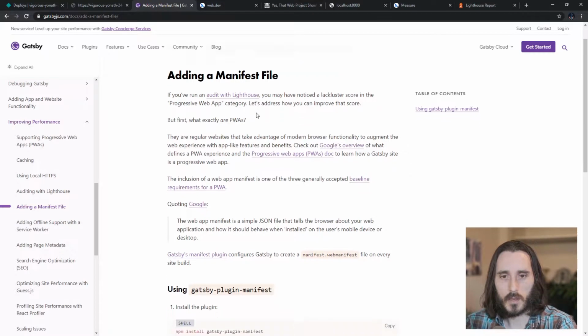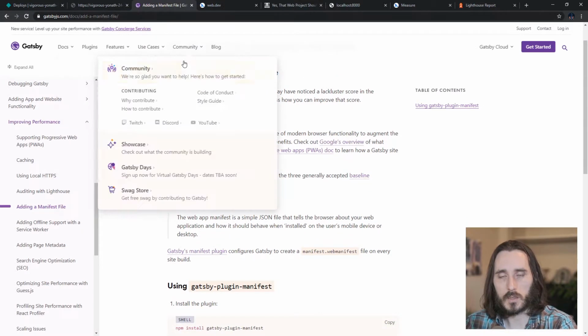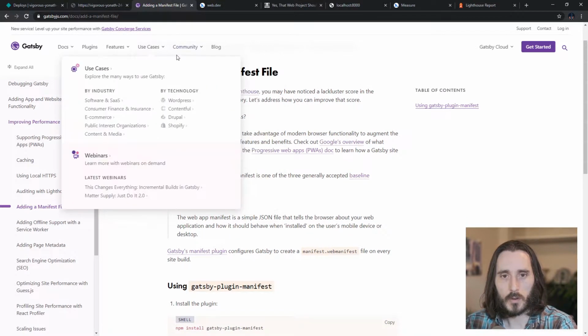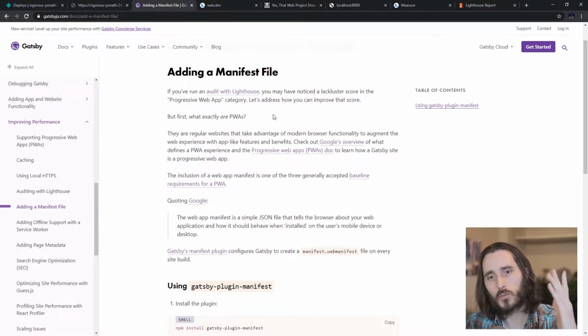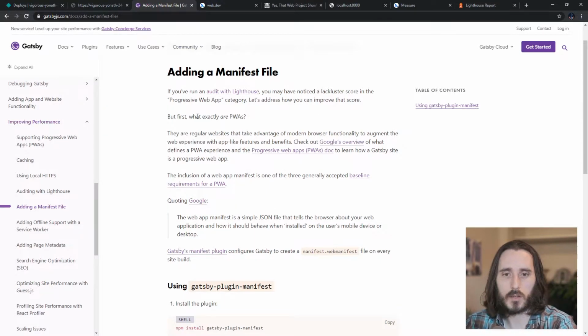So you can see that they give us some pretty good information. I'll link this in the description. But why do I keep hovering over that? Stop. Okay, so what we can see here is that it's talking through what is a progressive web app in